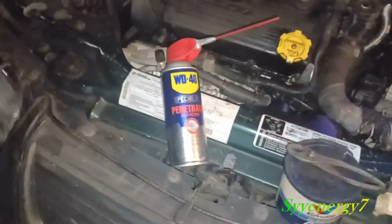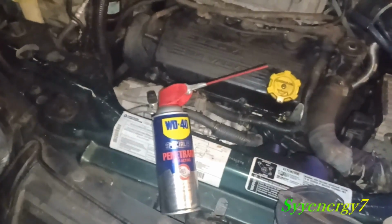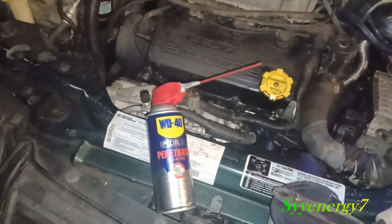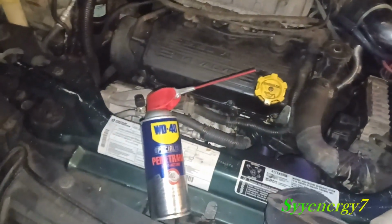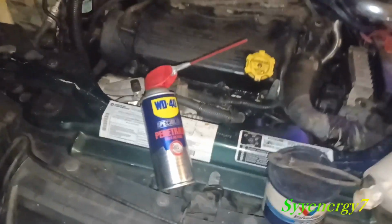I use this all the time. A little more money, but I found it works great with the electrical connectors, better than an electronic cleaner. I spray all the electrical connectors with this stuff before I connect them back on. I spray all the bolts. When I put the hose back on,